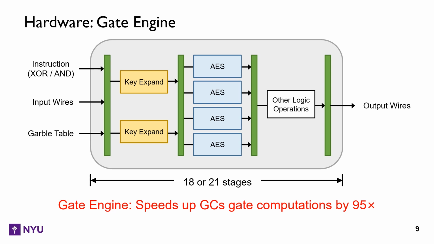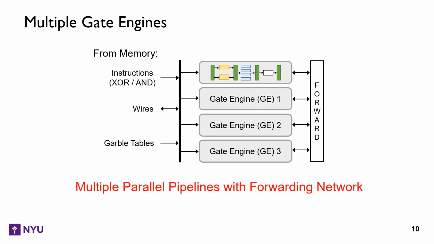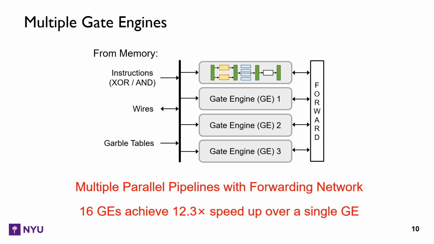A gate engine can compute a garbled circuit gate in each cycle. We test and validate it as a fixed unit. It achieves a speedup of 95 times over running garbled circuits on a CPU. We allocate multiple pipelines to do many gates at once. We also use a network for output fast forwarding to resolve data hazards in or between gate engines. Results show that 16 gate engines have a 12 times speedup over the single engine, without the optimizing compiler and high